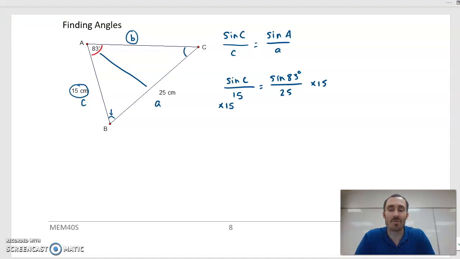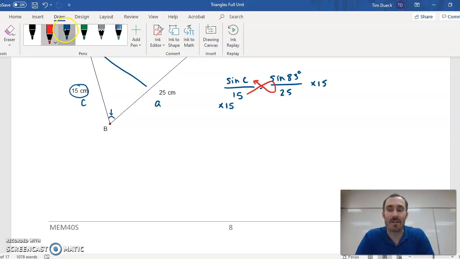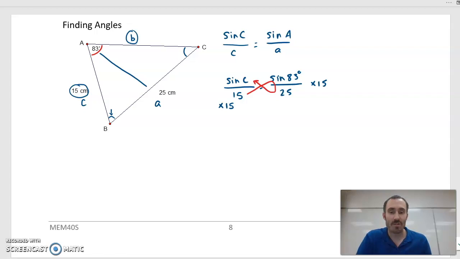Now, if you enjoy the fish method, it goes like this: 15 times the sine of 83 divided by 25 equals sine C. So it works the same way. You're going to end up doing the same thing no matter which method you use. So the sine of angle C is equal to sine 83 degrees divided by 25 times 15. And when I do that, I get